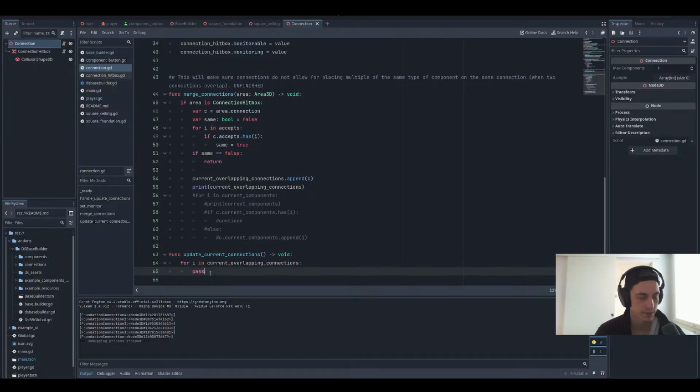If they are the same kind, do we just disable them? But then we have to make sure that one